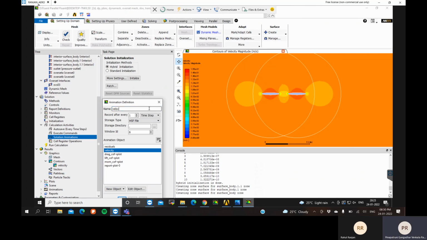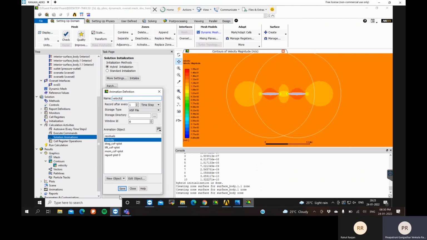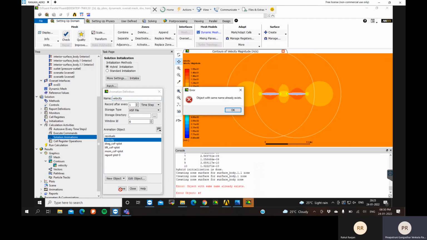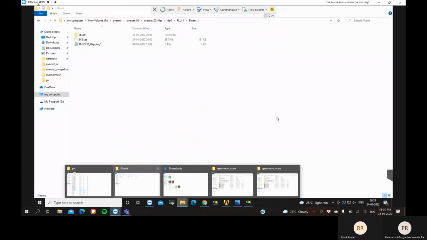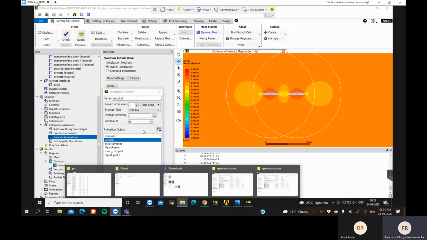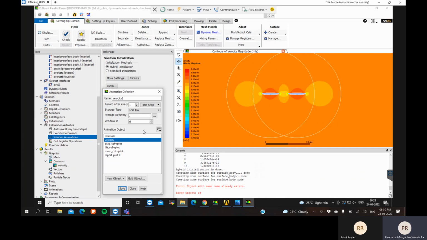Looking for the pressure contour, Dada. If you face any issues later, please kindly let me know. I mean, whatever vorticity is generating, and then I will click save. The storage type HSF is important, because it will store automatically as HSF in the same FLU1 folder. Again, why this HSF is important is next time if you want to see the results,